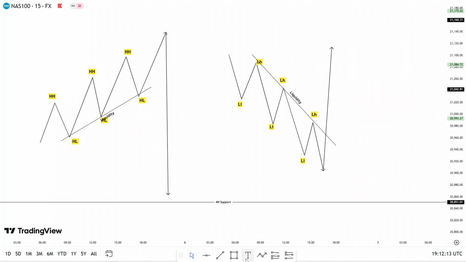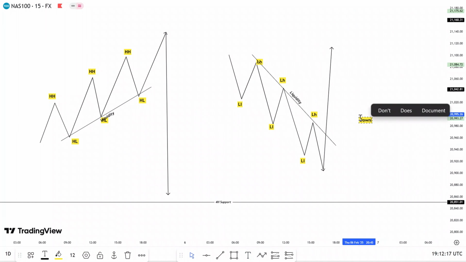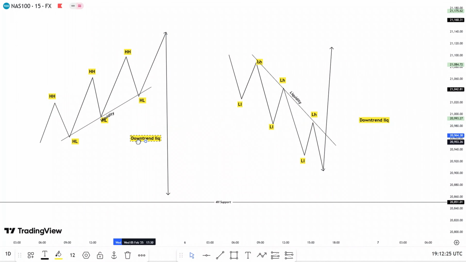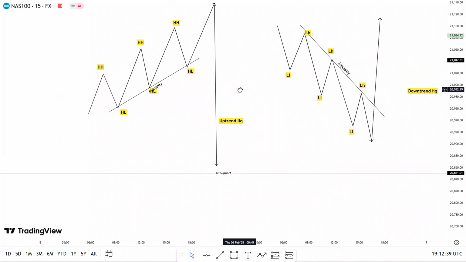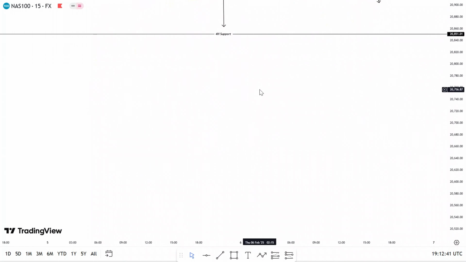So this one is for downtrend liquidity. Okay, downtrend liquidity. And this one is for uptrend liquidity. Uptrend liquidity, right? Then the other one we have the